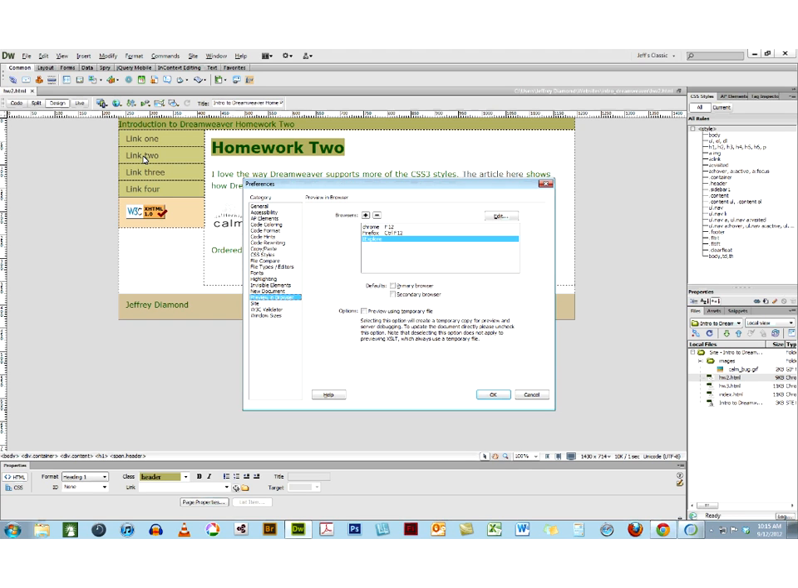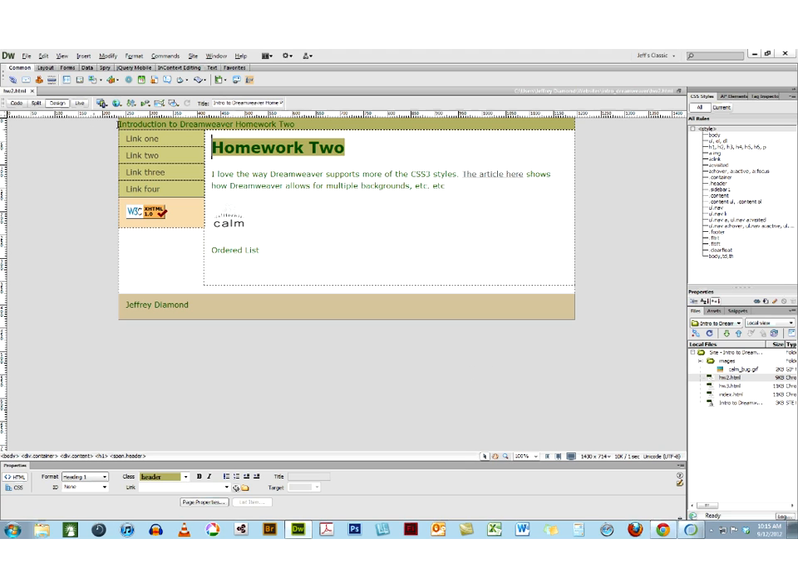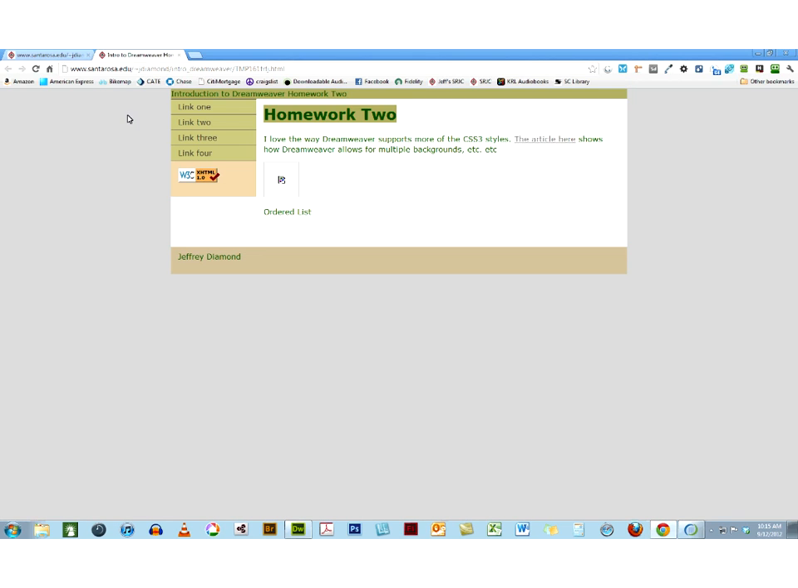If I go Edit Browser List, it takes me to the Preferences. And right in this Preferences window, and this is something that I did show you last week, you have an option of previewing using a temporary file. I'm going to click on OK to this, and watch what happens when I preview here. I'll say Preview in Chrome, and it does